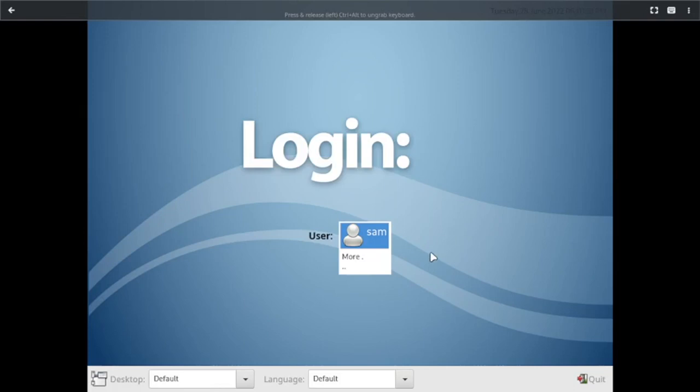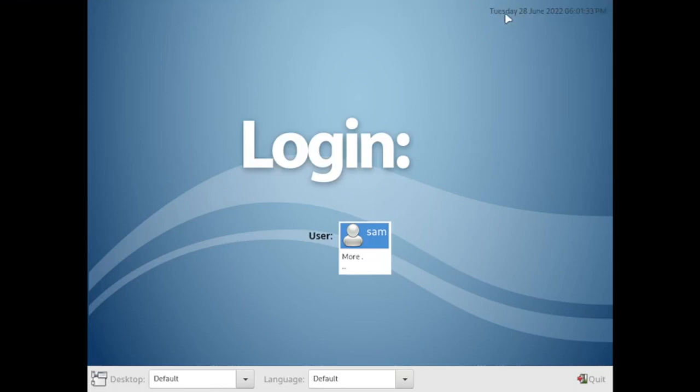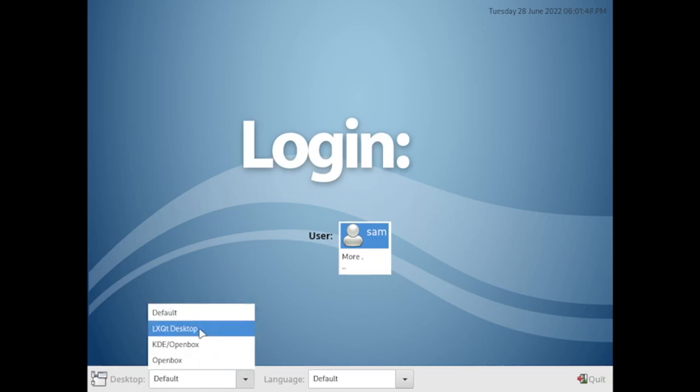Okay, so this is the login screen of the LXQT desktop. At the top right we have the date, time and day display. At the bottom there is some symbol for the desktop. Here the desktop selector is there, so we have the LXQT desktop session, the KDE Openbox session. With the KDE environment, the Openbox window manager works inside the KDE environment, and we have got the Openbox environment. So let us select the LXQT desktop, and